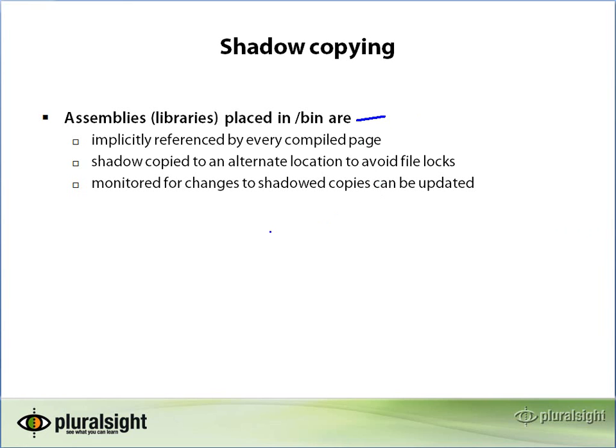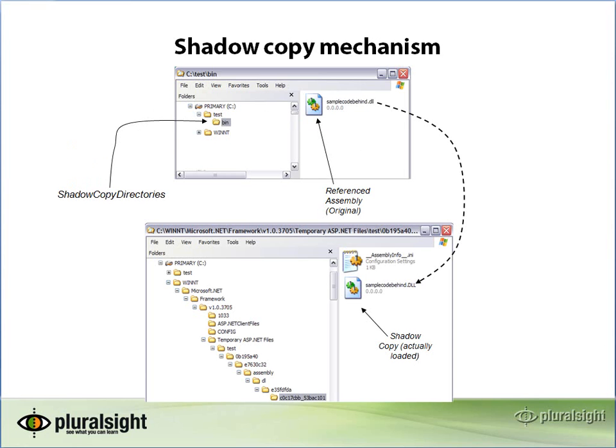Traditionally, when you deployed binaries to a web application in, say, classic ASP, if it was, say, a COM component, you would have to shut down the server to release references to the binaries so that you could redeploy the new copy. So what they did in ASP.NET was they introduced this technique called shadow copying, which